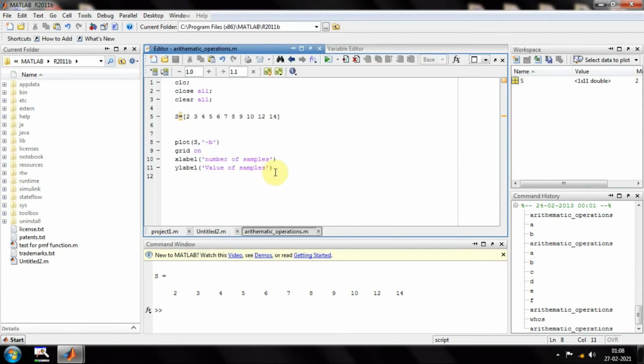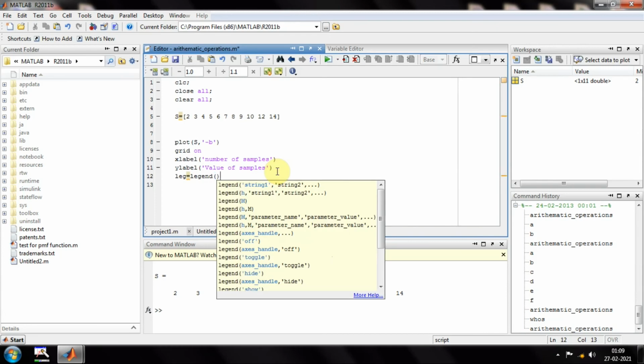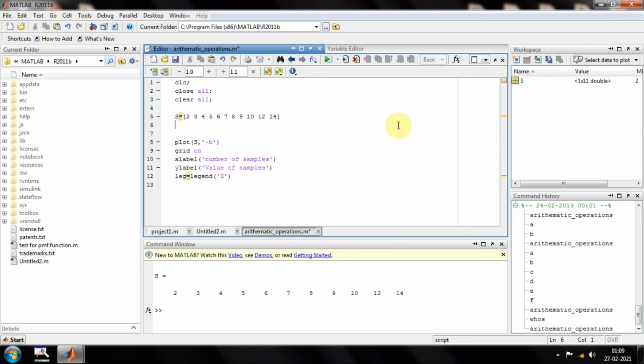Now let us move ahead and try to use the legend here. Let us say a variable leg, and I want to add a legend. Basically the legend tells about the sample of a graph. Let me show you so that it will be clear. Legend, and inside that you write whatever legend you want. For the variable ys, I want a legend, so I'll mention ys and run this.